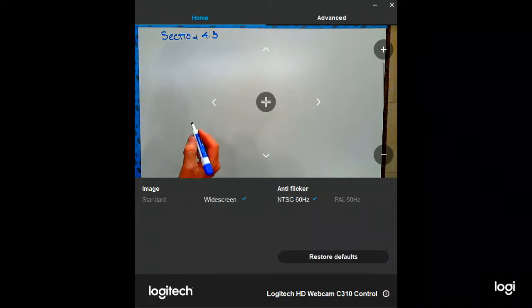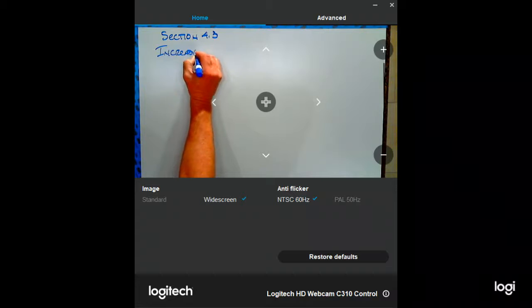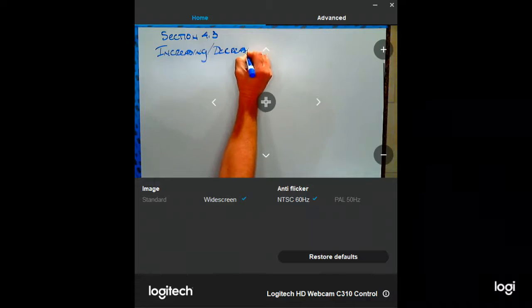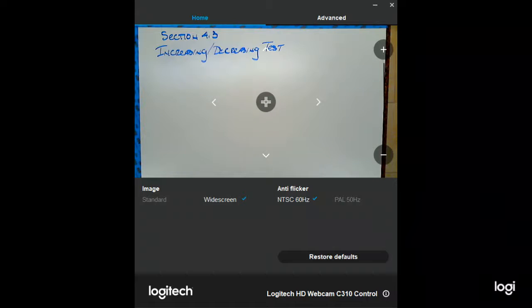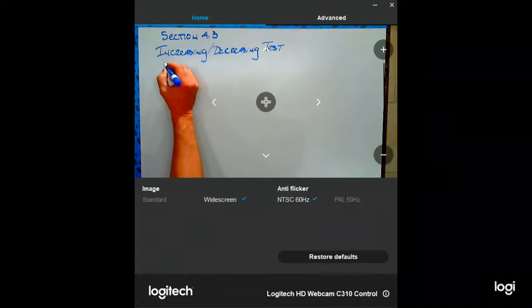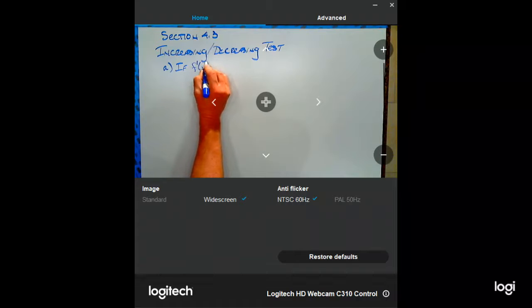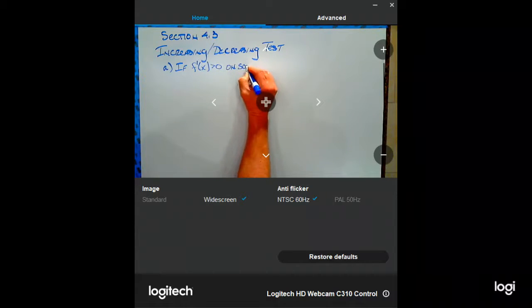Increasing or decreasing. So here's what we know. We're going to start with the increasing/decreasing test. All right, the increasing/decreasing test. And what does this say? Well, surprisingly, it tells us a lot about a function from the first derivative. Here's what it says. It says if f prime of x is positive, if the derivative is positive, anywhere the derivative is positive, so if f prime of x is positive on some interval I,